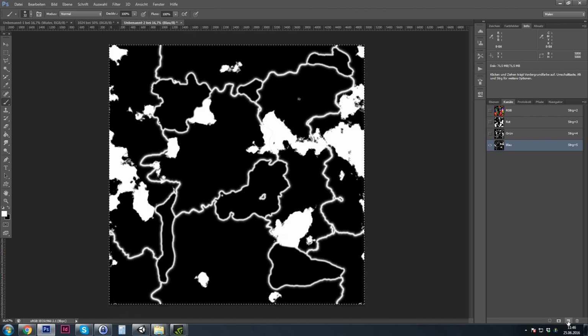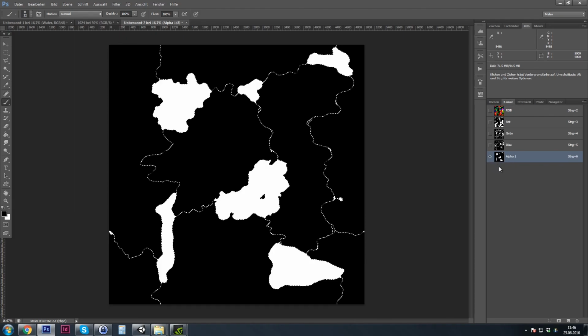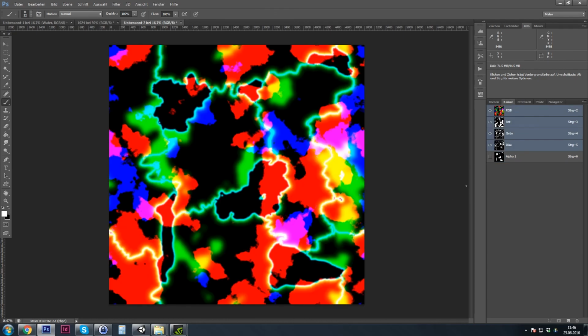we create a new layer here, down here. This is just a black alpha channel now. We hit Control V while it's selected to paste our water. And yeah, our mask is pretty much finished. We might have to do some adjustments, but this is a pretty good mask that we can bring over to